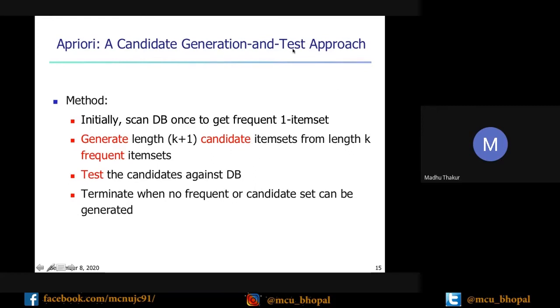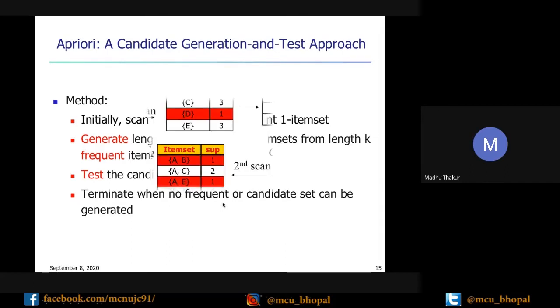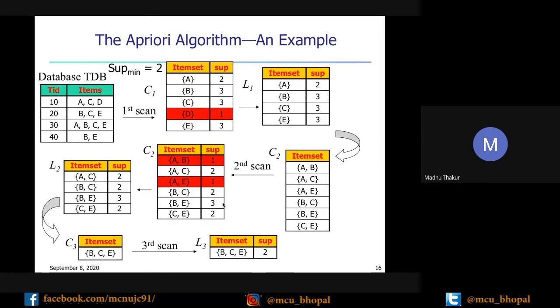Similarly, we continue until no frequent item set or no candidate item set can be generated. So steps two and three continue until then.